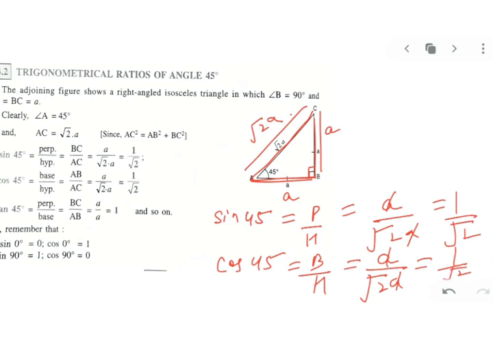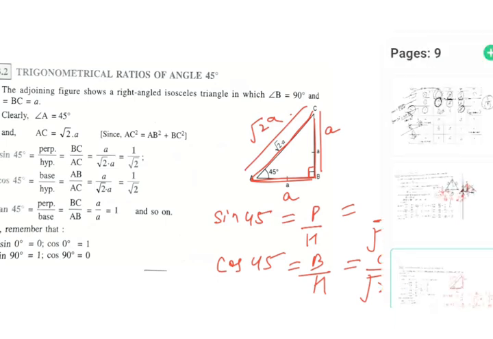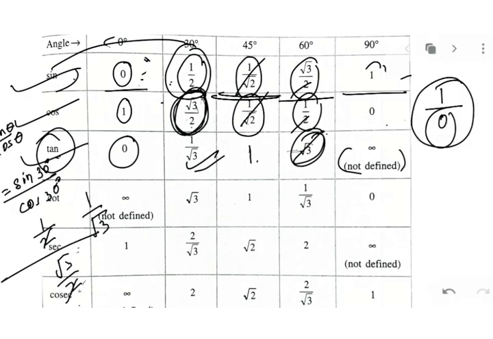Okay, for today your work will be to revise, to just learn by heart your sine ratios and your cos ratios, and once you divide you will get tan ratios also. But the table was a bigger table. It has 6 trigonometrical ratios. So first 2 you have to learn. Third, tan, you will get from where? When you divide sine and cos you will get tan. What is cot? Cot is always the reciprocal of your tan.